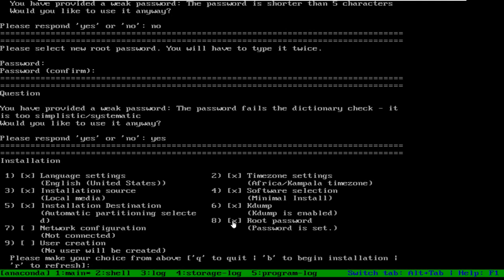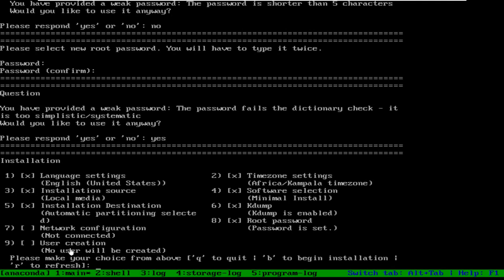So for doing normal tasks, you should create a normal account. You log in always with the normal account and do your normal task. And if you want to do some important thing, then you can switch to the root account to do that thing. So it is recommended to create a normal account. Now, if I don't create a normal account here, then it is okay for me. It will not tell me to create and it will not force me to create the normal account.